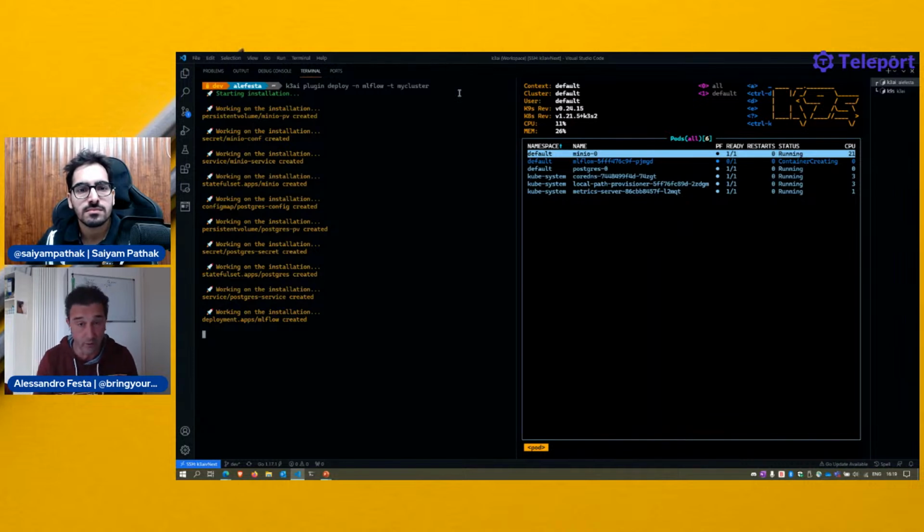So I'm just waiting for MLflow to finish. And basically, that's almost ready. Once we finish, it will tell me, here's your URL to access. And well, if we're lucky and everything works, if the demo gods are with me, we will see that in a second. Oh, it's creating a service. I think the container is almost up and running. And once it is up and running, we will go there. Just bear with me.